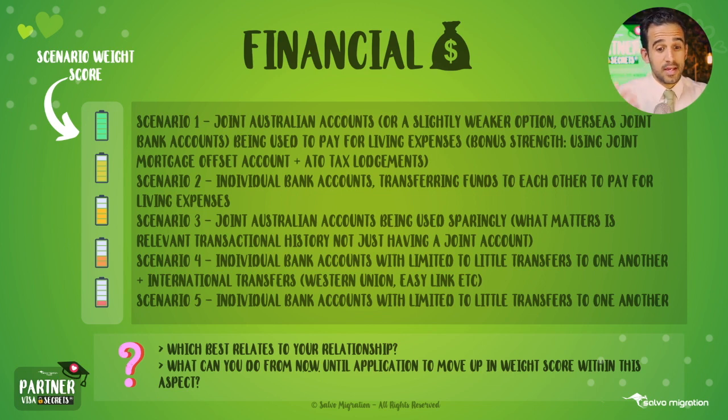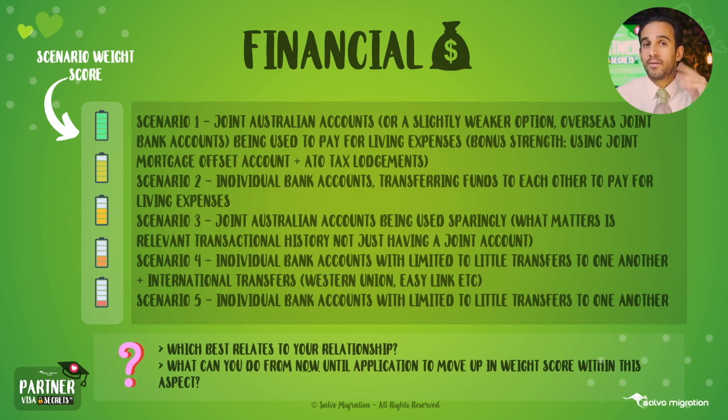And lastly is scenario 5, which is individual bank accounts with limited to little transfers to one another. So that means there's kind of no proof that you are financially supporting each other or transferring funds to one another. So again, which of these scenarios best relates to your relationship, and what can you do from now until application to move up? And there's going to be some things you can and can't do depending on your scenario,